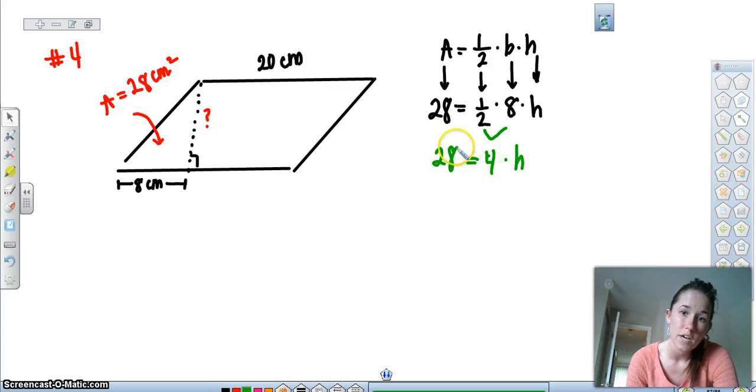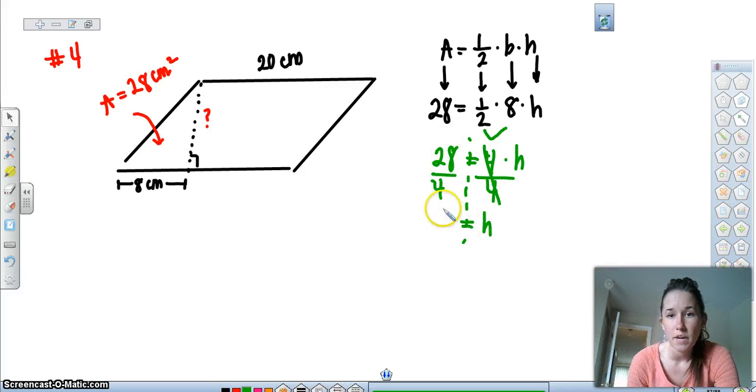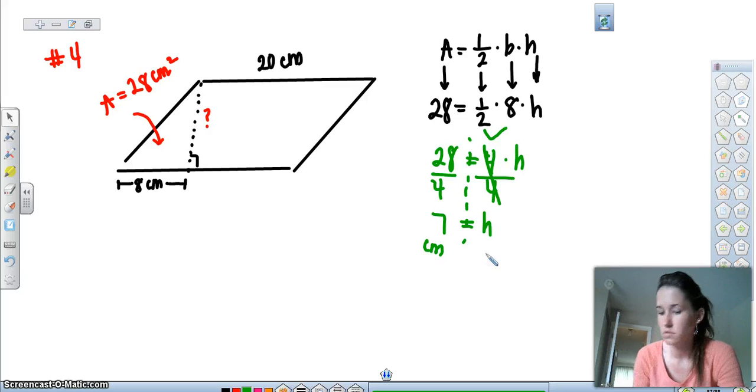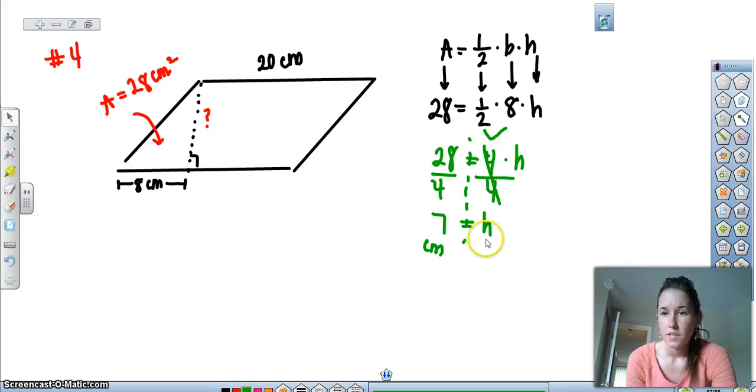Copy everything else down. Then, because we can't multiply 4 times H, we've got to work backwards, so we're going to go ahead and divide both sides by 4. H equals 28 divided by 4 makes 7. 7 centimeters is how we would label that. And we're not finding the area, we already were told the area. We're finding the height, and so we just label it centimeters. Okay, so we've answered the first part of the question, and we found the height of the triangle is 7